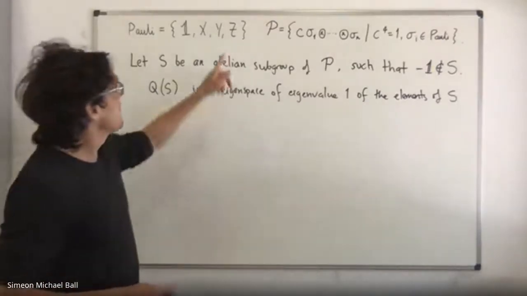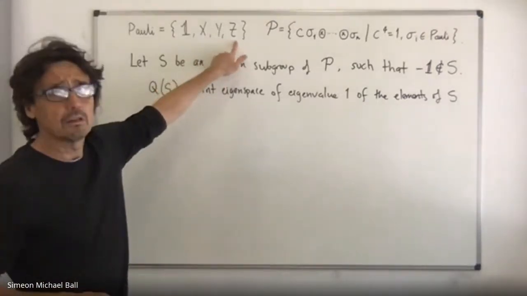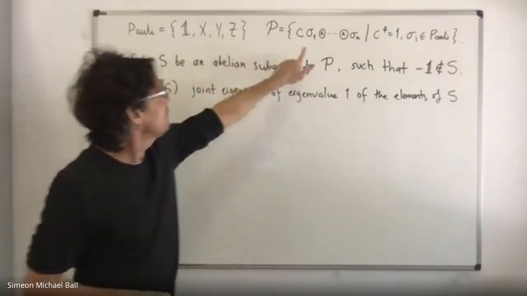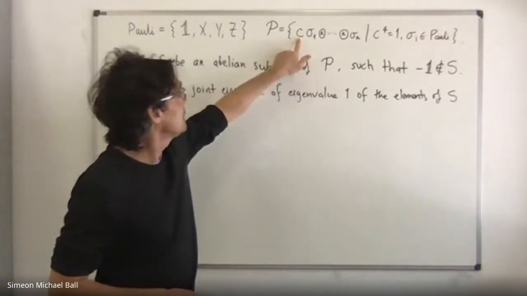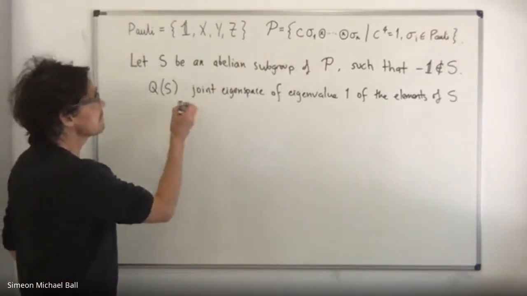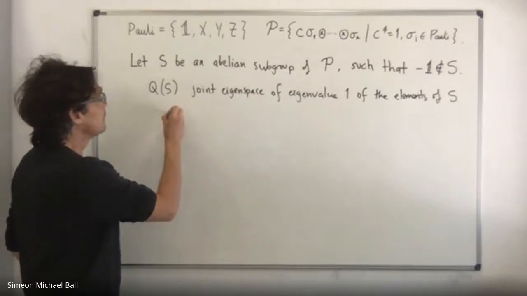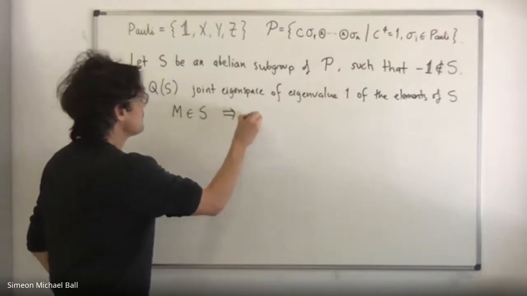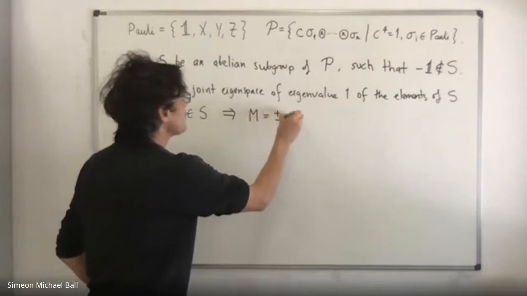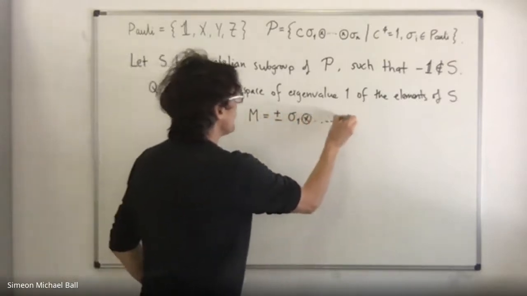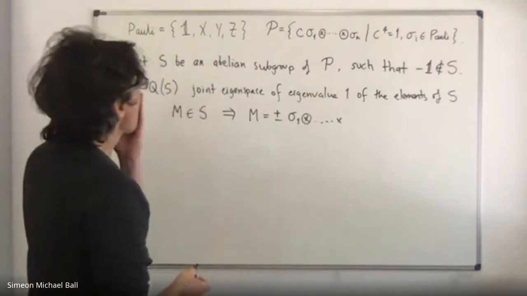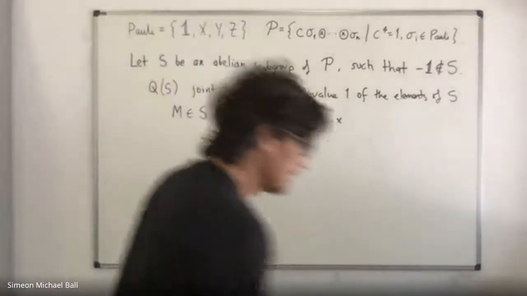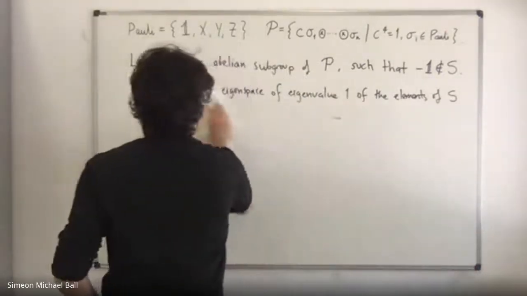So essentially, since all of these have order 2, X squared is the identity, Y squared is the identity, and Z squared is the identity. Effectively what that means here is, for the elements of S, let's write something like M in S implies M is plus or minus sigma 1. Oh no, hold on. No, that's not true. No, what I want to say is that